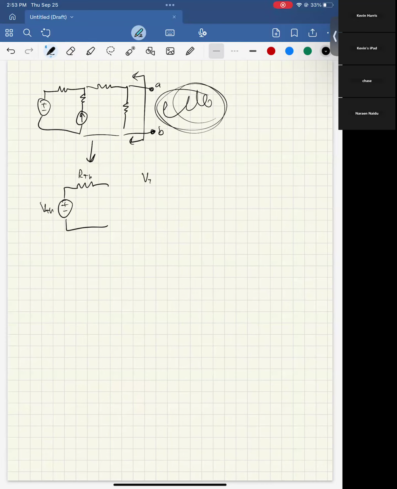So VTH, very simply, is going to be the voltage. In this case, it would be the voltage between A and B. So it's just the voltage between the two terminals that you're looking at. RTH, there's two ways you can look at it. It's either going to be the equivalent resistance of the circuit when all sources are neutralized,